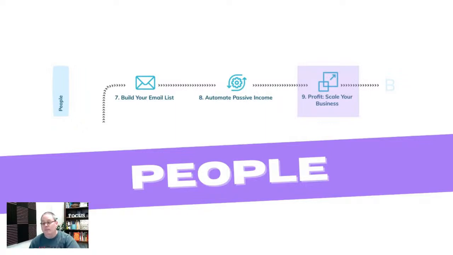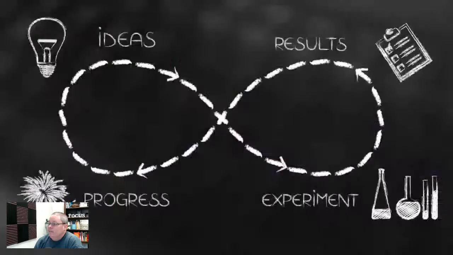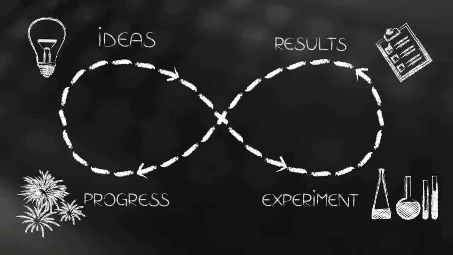You do it once to build it, and then you look at it and you go, okay, now I came up with this idea. I came up and I had an experiment. Now I see the results. Now I see progress. The first big idea is I want to build an online business. I need a proven strategy. I've given you the top strategy. I've given you the 9 steps. Now you need to go and you need to experiment with these, because when you start doing it, it's going to be a little different for you because you actually are doing the work now. Then you have to, once you do the work, see the results and then experience the progress, which again is fireworks down here. But then when you start seeing progress, you say, okay, I need to go refresh those ideas.